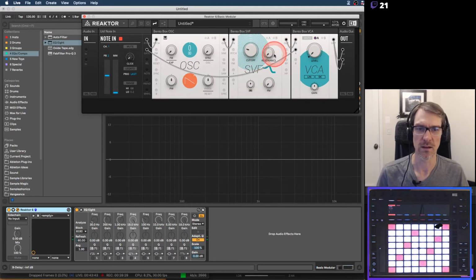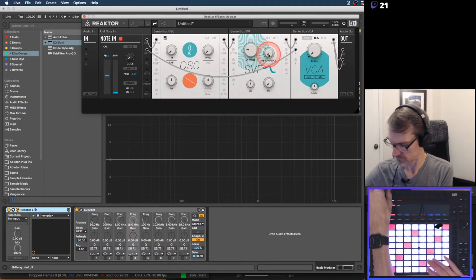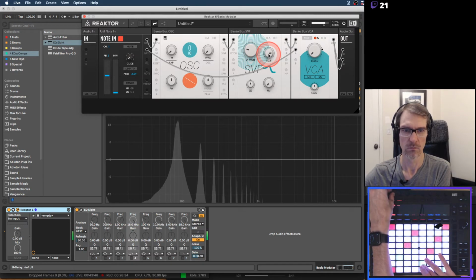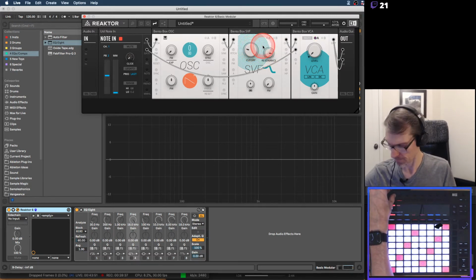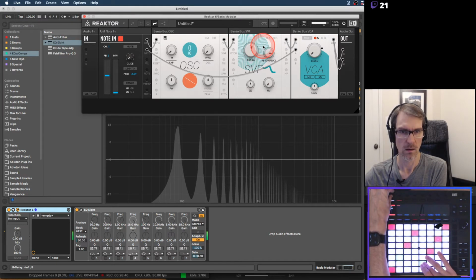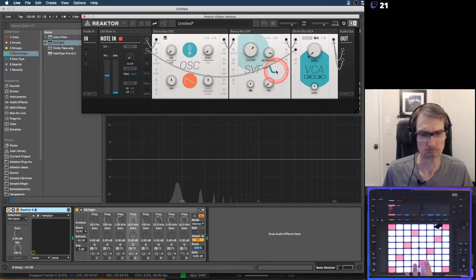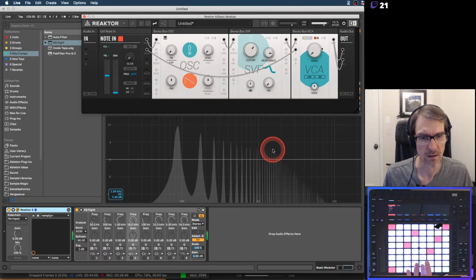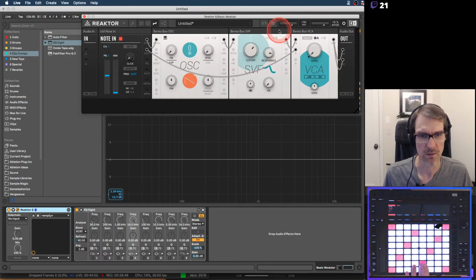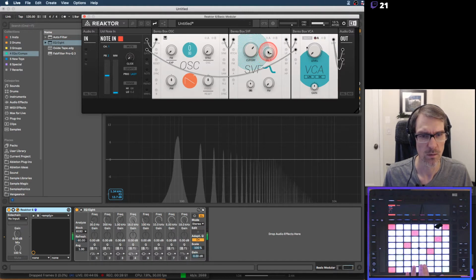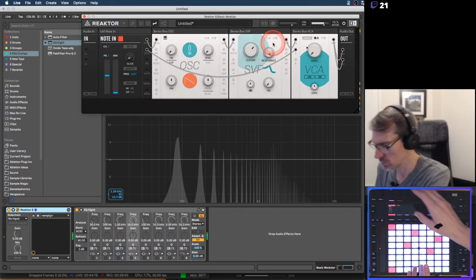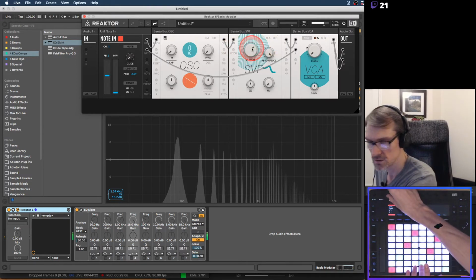Now, if I adjust my resonance, we're going to see what happens here. See how it puts a little bump right there where the cutoff is? See that little bump right there? It's a little bit hard to see, but I'm going to turn the resonance up and down and show you. If I turn the resonance down, hear this, and now hear this when I turn it back up again. Kind of pokes it through. And if I adjust this,